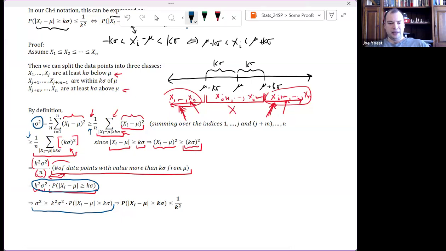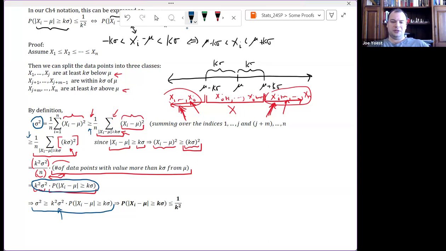But here I know that sigma squared is positive. If we really, really wanted to be careful, we'd set up a special case where, if all of the xi's have exactly the same value, then some weird edge case things happen. But if we assume that we're working with a data set where we don't just have the same value repeated a whole bunch of times and nothing else, that would be a strange data set to be super interested in analyzing. But we can divide through by sigma squared.